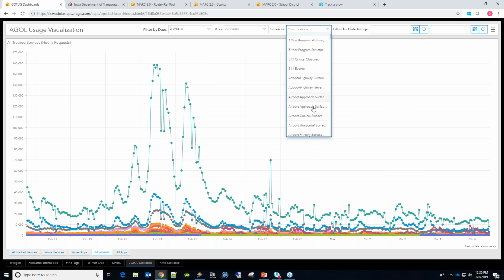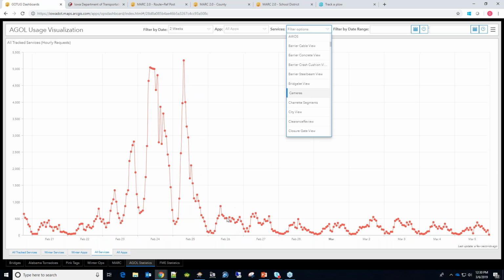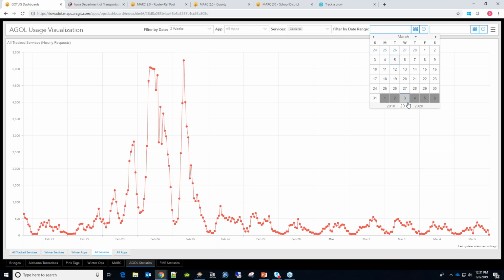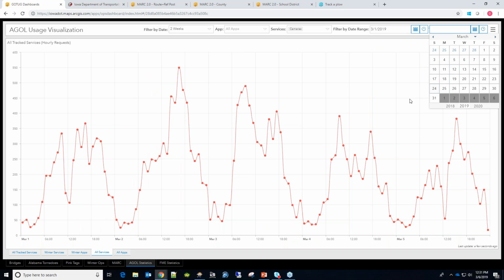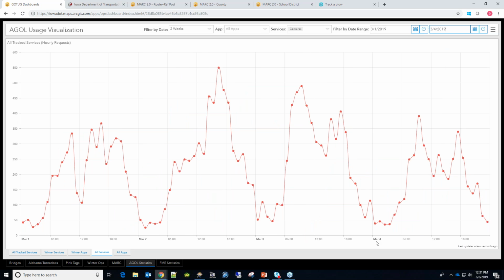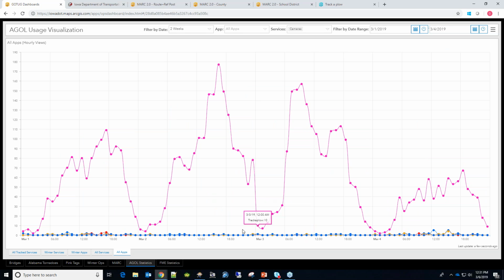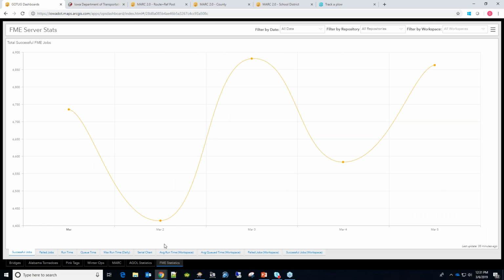So you can come in here and you can say what have the usage for cameras been over the last 2 weeks, or all the data, to be able to see it. You can also do, in addition to that type of filtering, this more detailed level filtering. So you can filter with a date range. So I selected, let's go the 1st through the 4th. So you can break it down that way as well. And also for all of our applications, which I'm still working on. That gives you a good idea.